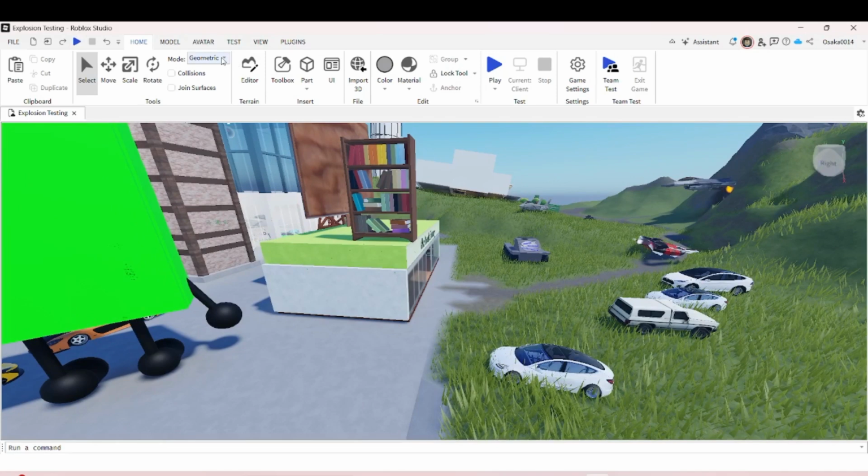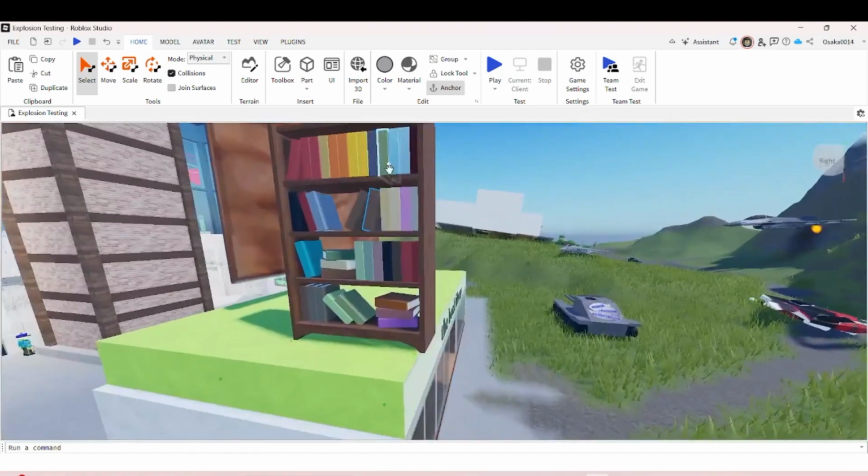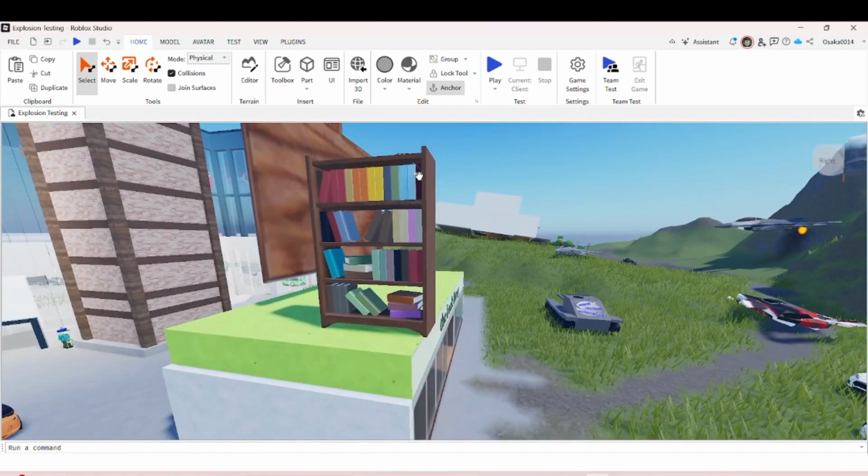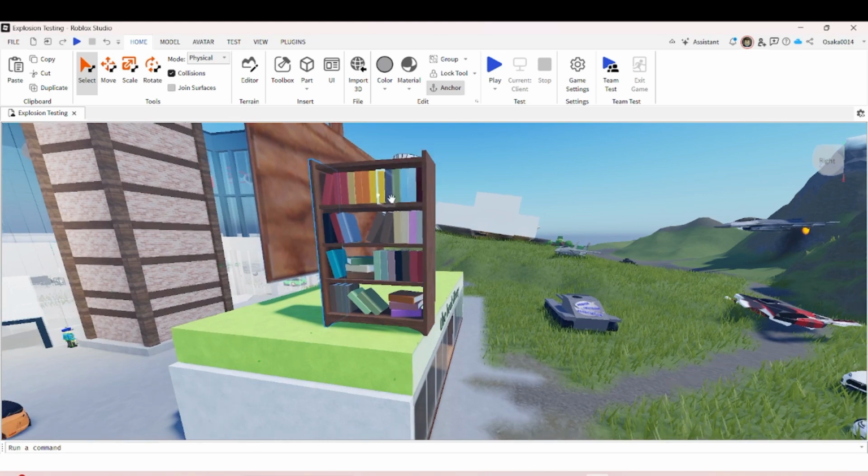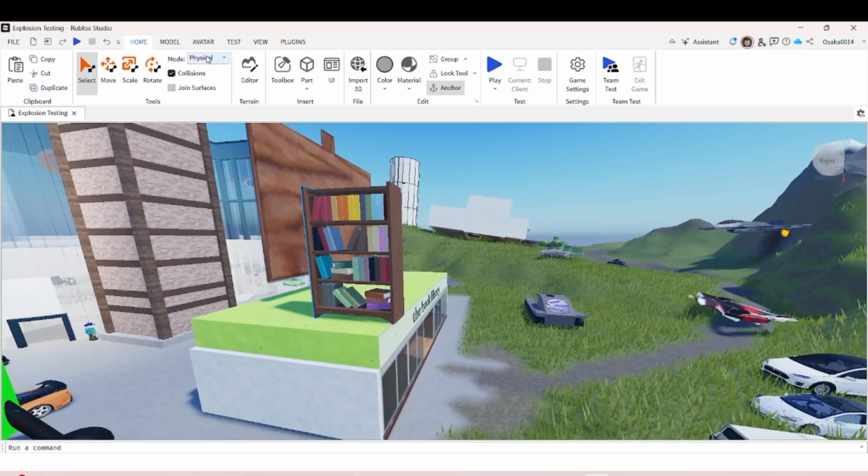In here, the mode is only geometric or physical, in the select, move, or scale. As you can see, when we change it, it will change into physical. As you can see in select, I can select each boost shelf and even the shelf in here. I can move them if I want, but since we